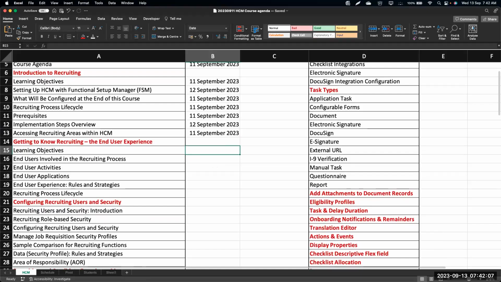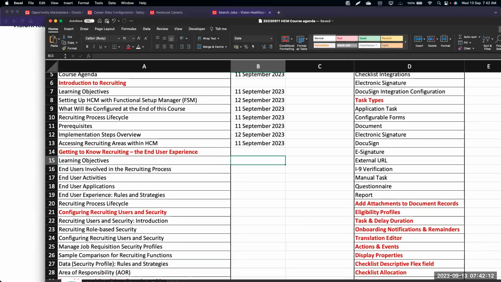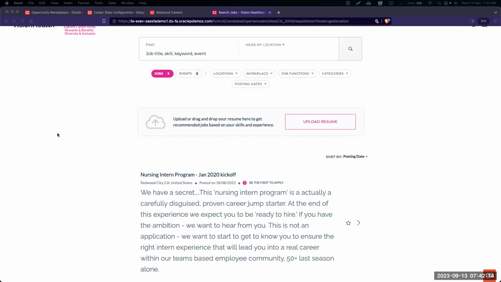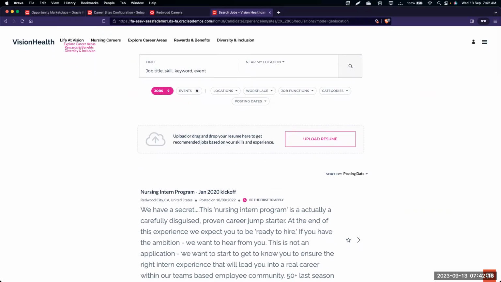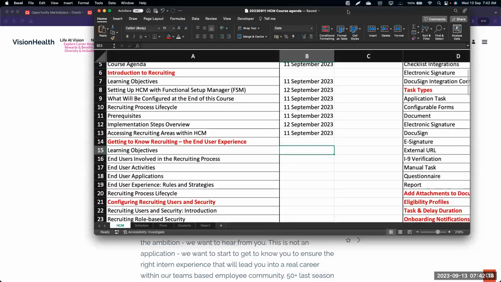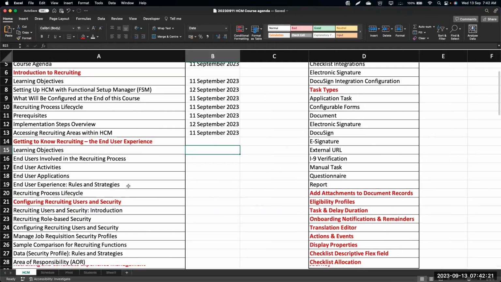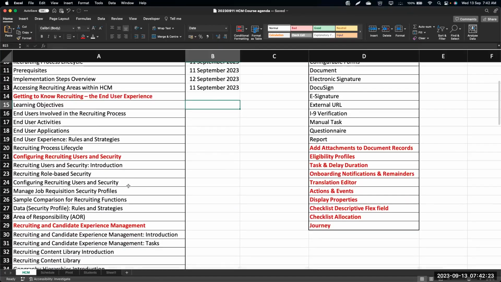Ravi, we can segregate the job groups also. As mentioned, nursing is a separate group on the website and admin jobs are separate. Based on division also, if a company has a couple of divisions, they may want to post in separate divisions. Yes, we have a lot of filter parameters in the career site. We can do it based on the organization. When it's an organization, it's based on legal entities, divisions, departments, and you can have separate career sites.